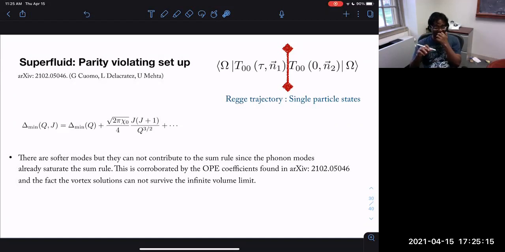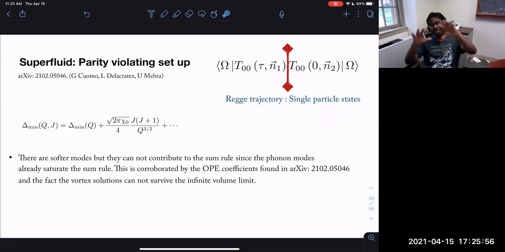But even in that setup, the OPE contribution coming from the phonons does not get modified. So there also the phonon modes already saturate the sum rule. And this immediately tells you that these softer modes cannot play any role in the sum rules. And this is in fact corroborated by the fact that if you calculate the OPE coefficients between these new states and T mu nu or J mu, you will see that they are parametrically suppressed compared to the phonon modes. And there is another argument you can make, that these are inherently related to the vortex solutions,